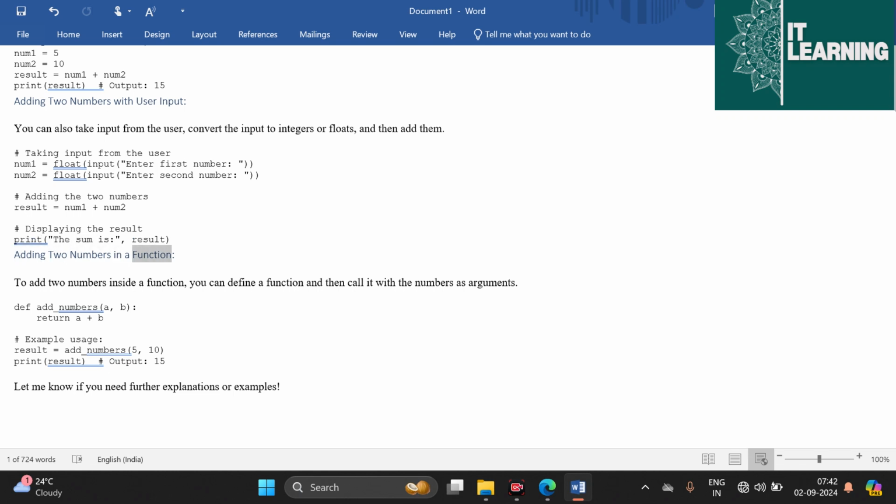Adding two numbers in a function. To add two numbers inside a function, you can define a function and then call it with the numbers as arguments. def add_numbers(a, b): return a + b. # Example usage. result = add_numbers(5, 10). print(result)